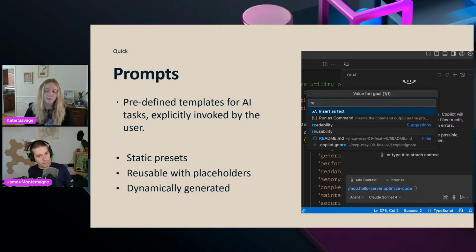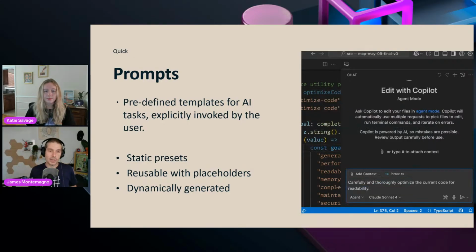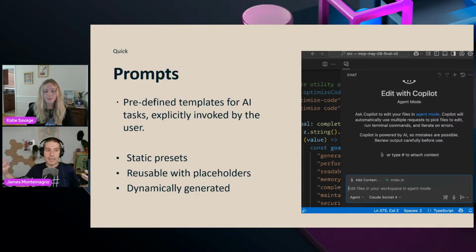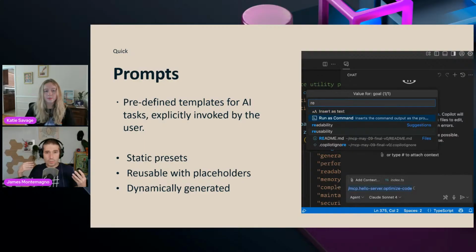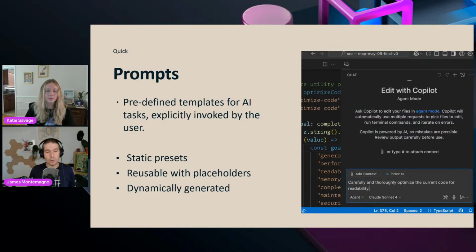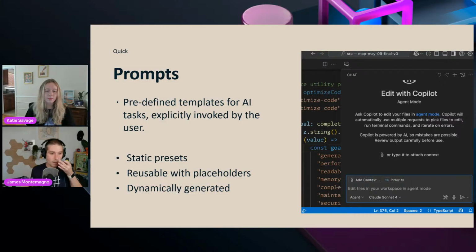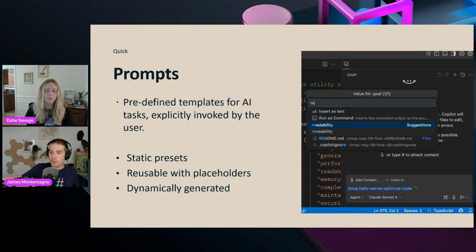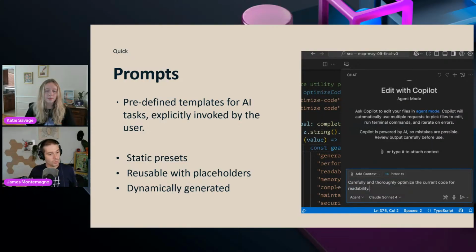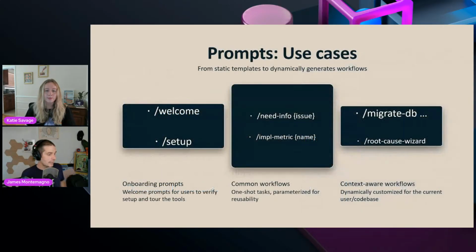And now MCP servers can also return prompts as well. So the MCP server creators can define a set of best practices or reusable prompts, but they can be dynamic. For example, the dynamic resource could take in some information about the programming language, about the thing that you want to test, and it could generate a specific prompt for you. They're defined not with pound or hash commands, but with slash commands. So things like welcome or setup, or you need information, and you can define these things.